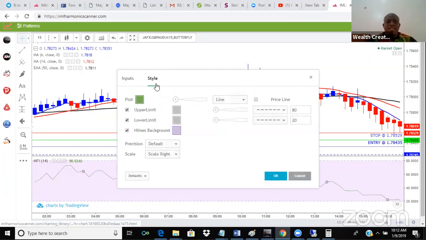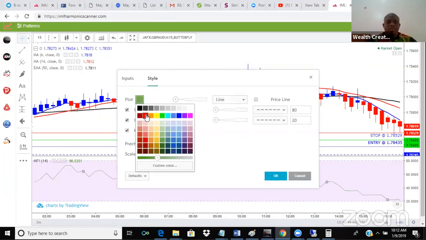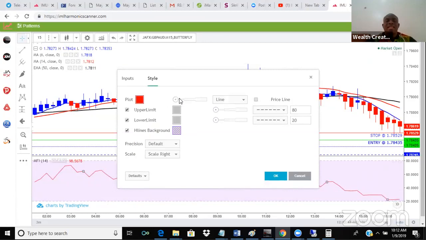I will make this red and tick it. While I'm ticking it, I'm also going to make it very bold so that everyone can see it. Watch this setting and follow it